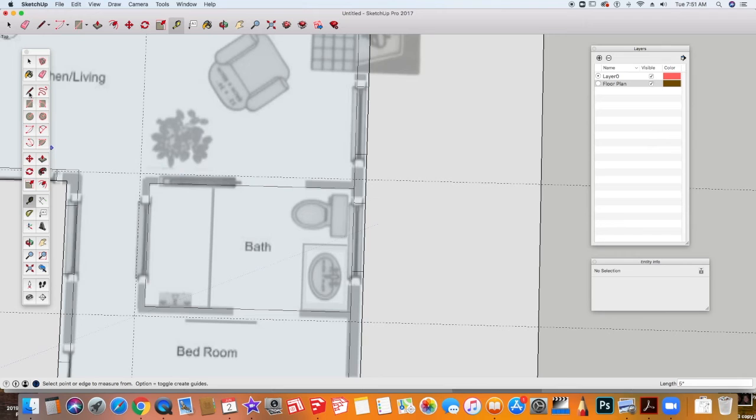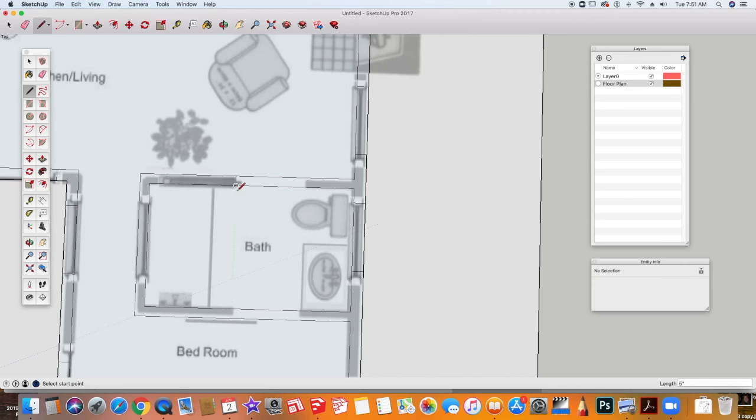And now I'm going to take my pencil tool and draw that outside line. Now I'm going to delete these lines so that these walls are connected. And I'm going to delete the guidelines because I don't need them anymore. And I'm going to make the openings for the doors. This is a pocket door and this is a barn door. But either way, I need to make the